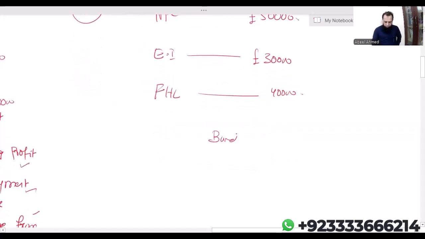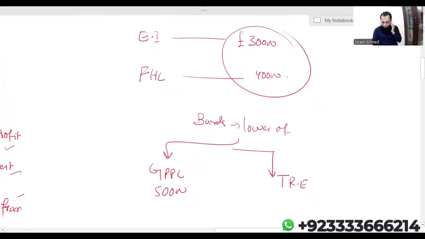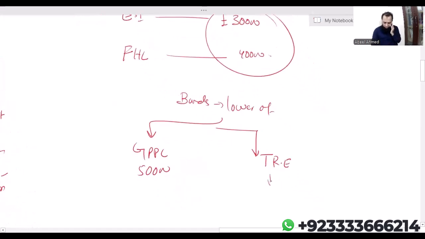The bands will increase by the lower of: one is gross PPC, which in my example is 50,000; the second is total relevant earnings. In the question, the examiner has given us two earnings, so I'll take both of them. Trading profit is not given, so I will not take it. Your employment income is 30,000, which is a relevant earning, and income from furnished holiday letting is 40,000. If I add both of them,